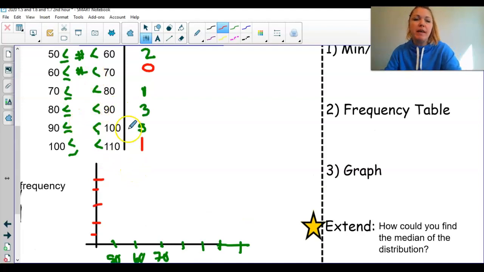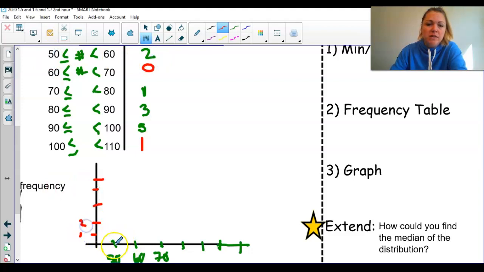Okay, so now to make this histogram, there were 2 observations that were between 50 and 60. So 1, 2. So I start at 50, I go up to the 2, over to where 60 is, and down. From 60 to 70, there were 0 observations, so I don't have a bar right here. From 70 to 80, there was 1 observation, so I'm going up to the 1, over, and down. From 80 to 90, there were 3 observations. Okay, there's 80,